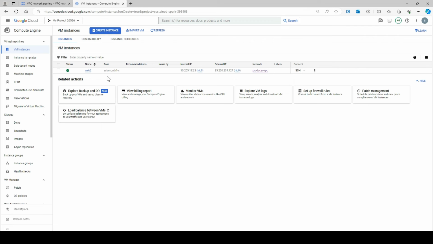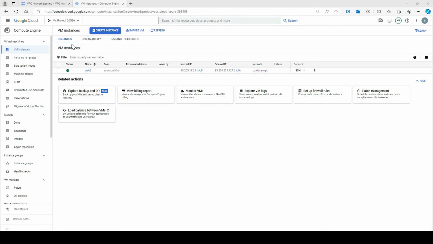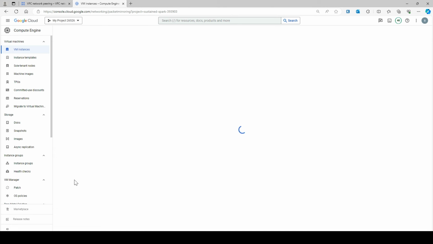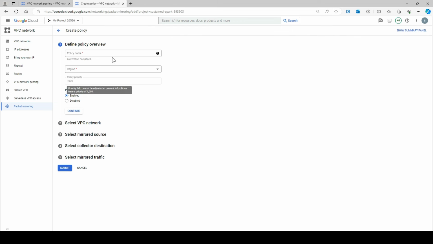So now the policy that you are going to create, you'll create in the project P. Wherever your mirror VM is, whatever project your mirror VM is in, you'll create the policy over there, not in the collector or the destination one, okay? So I'm going to my VPC network again, and packet mirroring. And here I'll create a policy. I'll make it policy 2,